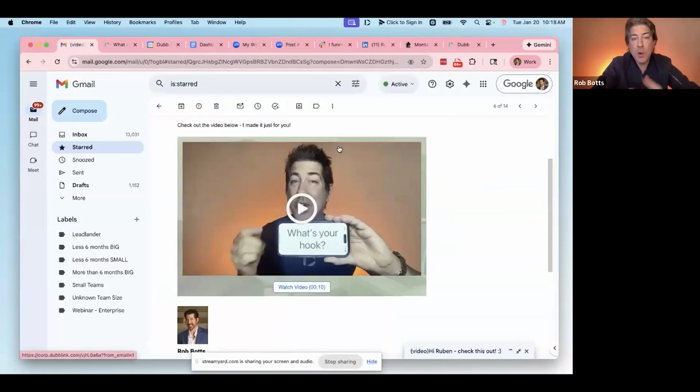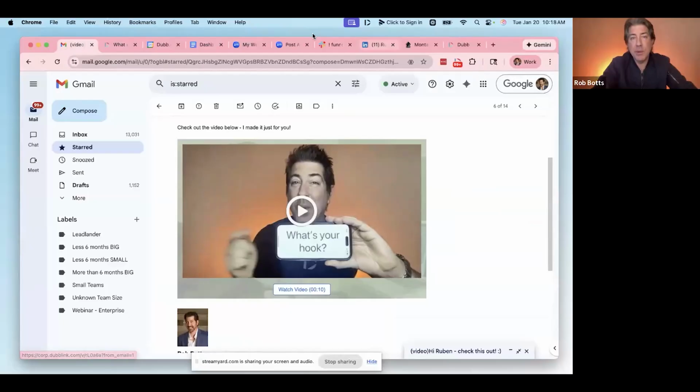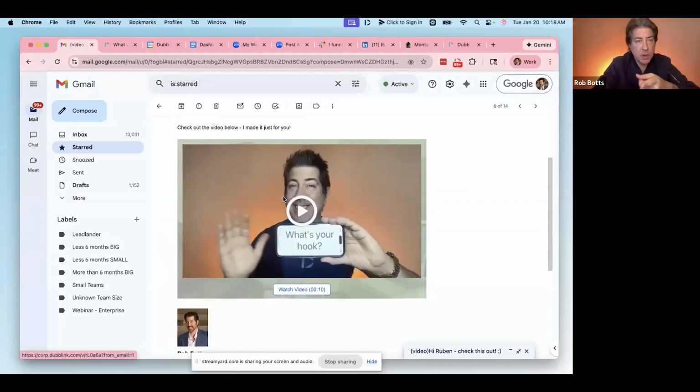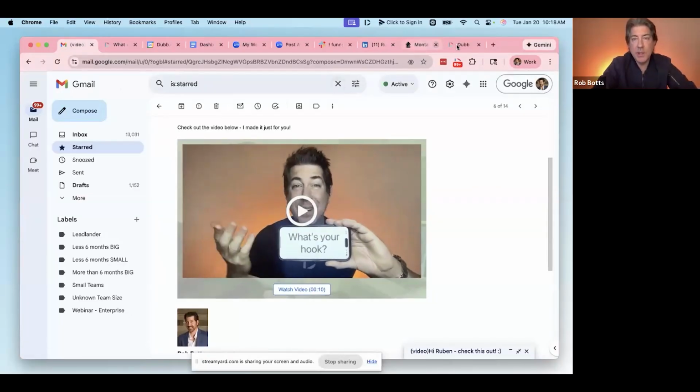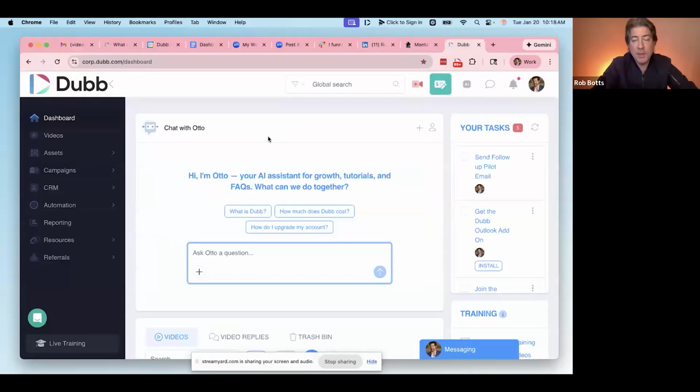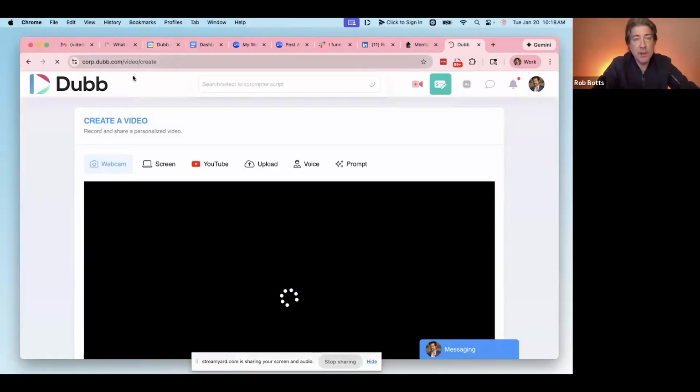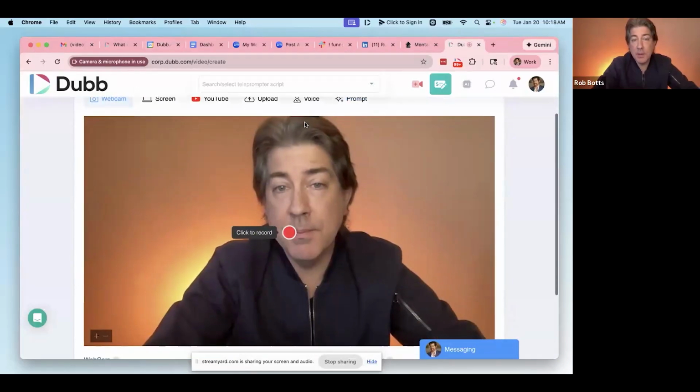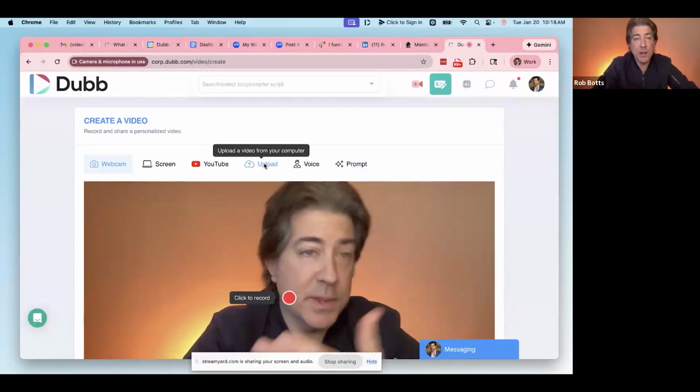Now, as far as recording these different types of videos, how would we record these styles? So let's start with the webcam one right here. Inside of Dubb, when you're in the platform in the dashboard, you're going to go right to the top and click on the red camera icon that sits up here. And when you click on it, it's going to open up your camera. This is also where you can upload a video right up here at the top